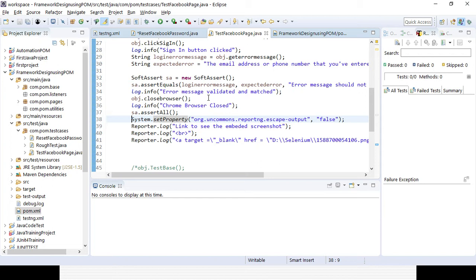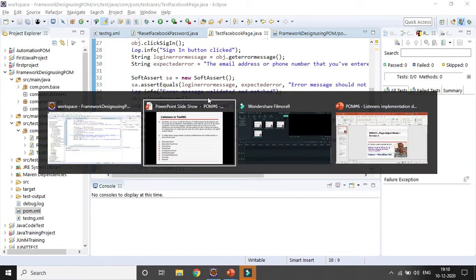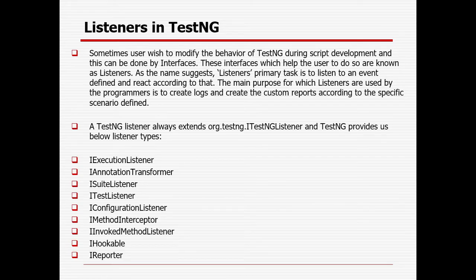To avoid this problem, we can implement listener classes available in TestNG. So what are listeners all about and why do we use them? Sometimes users need to modify the behavior of TestNG during script development, and this can be done by interfaces. These interfaces, which help the user to do so, are known as listeners.